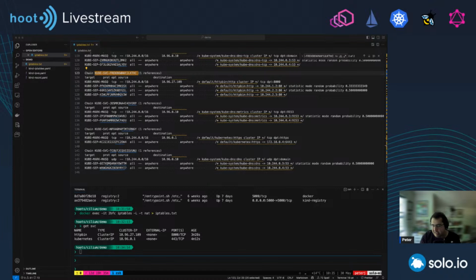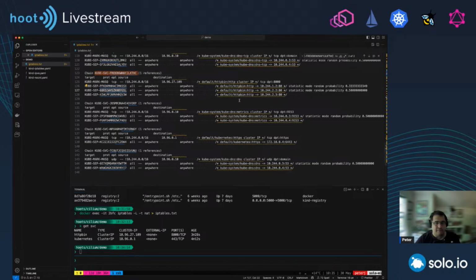And what is masquerading? That's a form of source network address translation, used when the source address for the outbound packets should be changed to the address of the outgoing network interface. So remember that whole internal VM IP to external VM IP, right? So instead of using the internal IP, the external IP should be used.